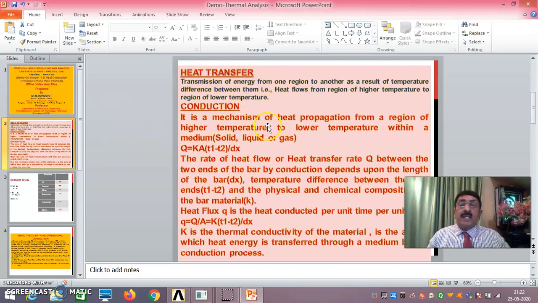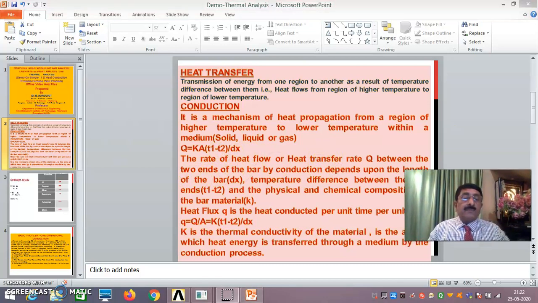Next, conduction. It is a mechanism of heat propagation from a region of higher temperature to a region of lower temperature within a medium, solid, liquid or gas, and this is governed by Q is equal to KA dT by dx, that is, difference in temperature divided by dx. The rate of heat flow,